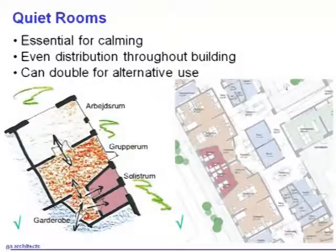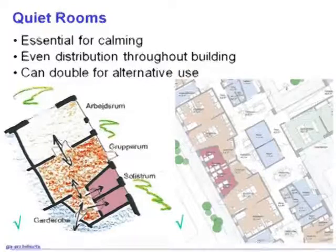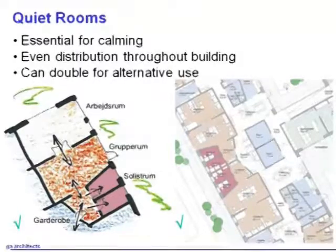Quiet rooms. What you see on the screen there, the right-hand plan, is actually an extract from a school on which we've been advising as a sort of client design advisor. And I just want to show you that the quiet rooms there, which appear in that sketch as well, are multifunctional. They're partly where you can take a child who's having certain problems and maybe having a little bit